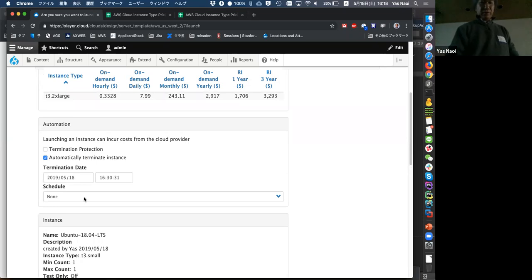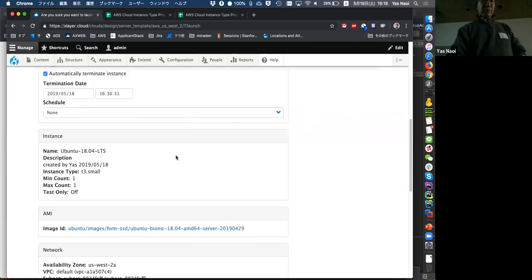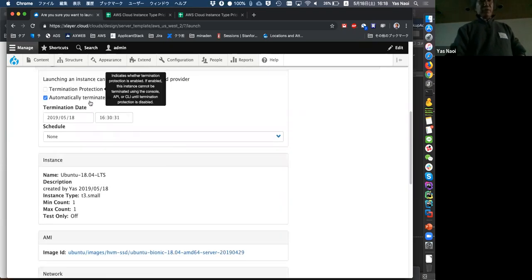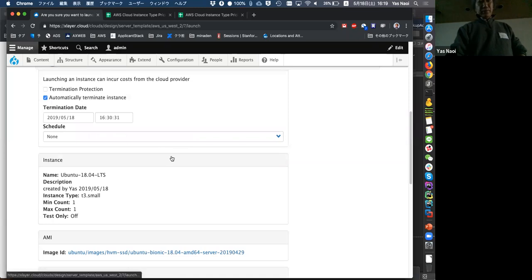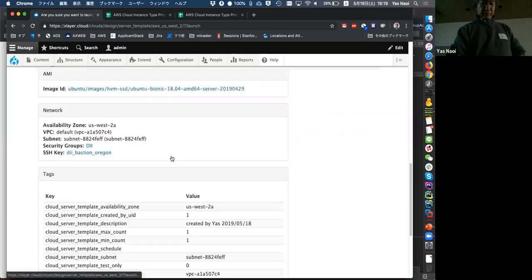By selecting this option, the cloud orchestrator automatically terminates this instance. For testing purposes, this will work actually. In our use case, there are pretty much test instances for research purposes. So that's why we added this kind of option.